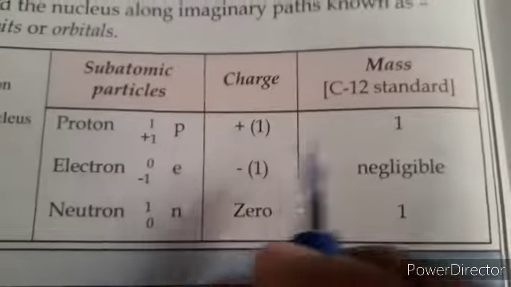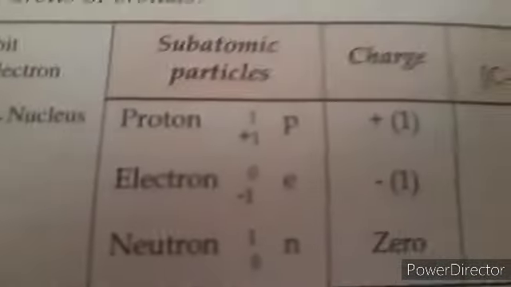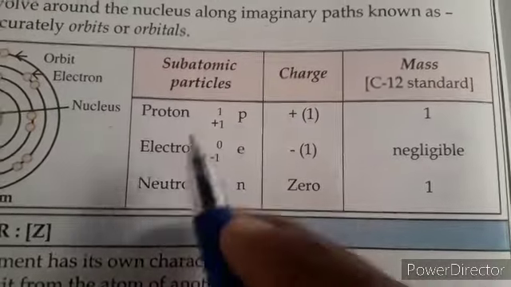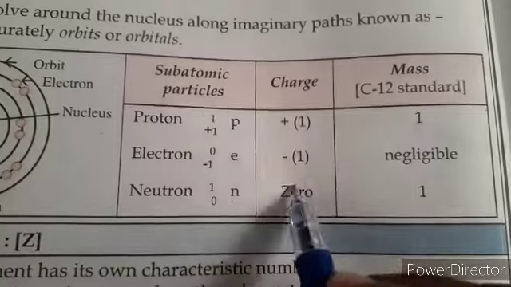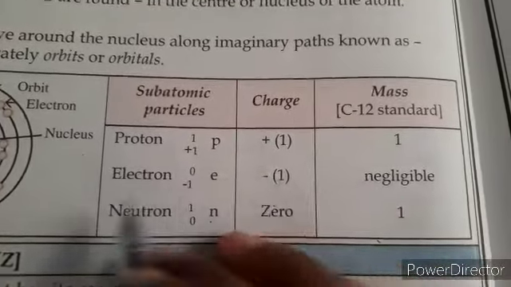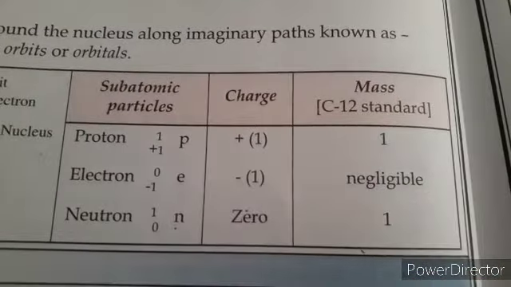Children, please learn these values, because sometimes a question is asked on them, that what are the values given to proton, electrons, neutrons. So you should know. They ask you the subscript values or what symbols you are using. So you have to write down these things. Sometimes charges are asked, sometimes masses are asked. So please focus on it and learn these values. It's also important for your board examination.